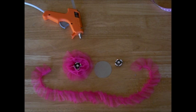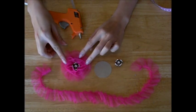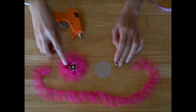Today I'm here to teach you how to make this hot pink tulle flower with a vintage jewel center. So to make this 3.5-inch wide hot pink tulle flower with this antique button center, here's a list of supplies